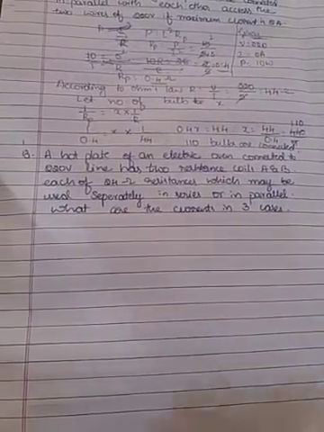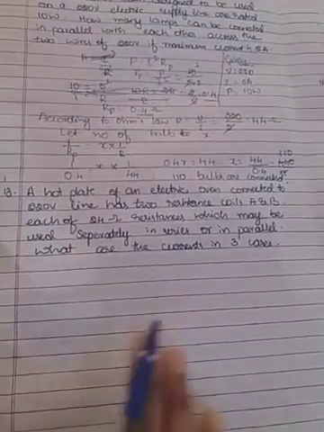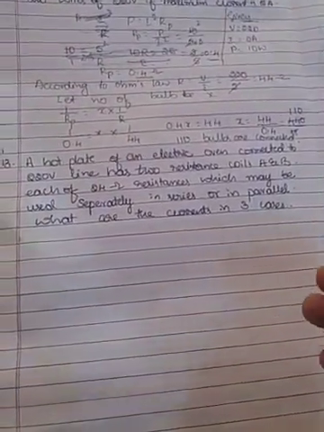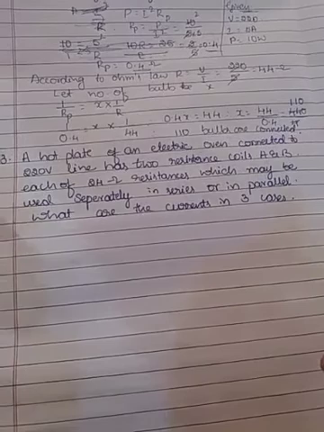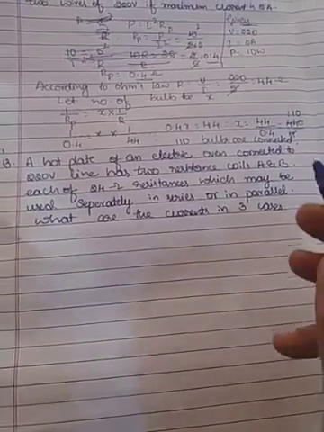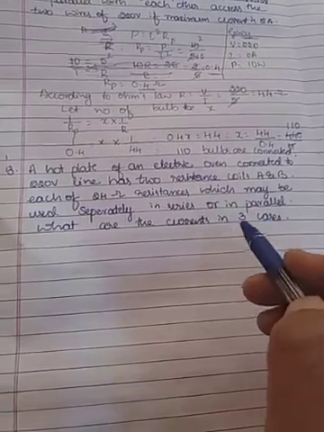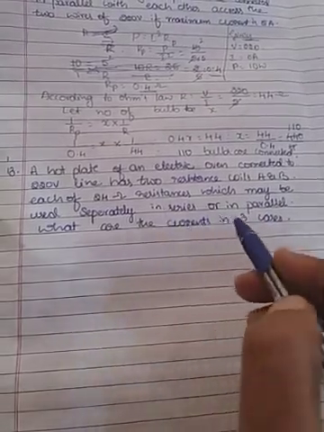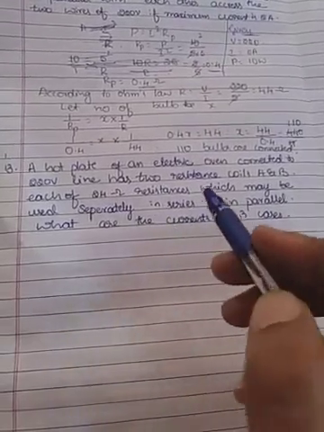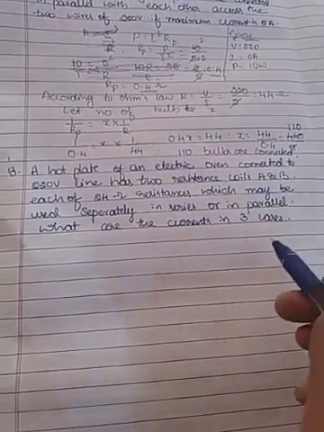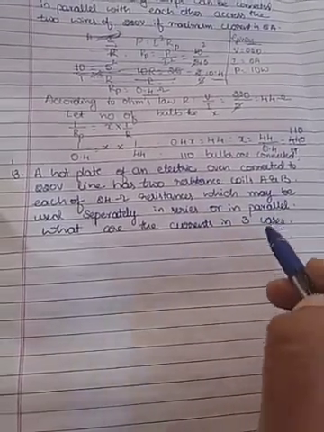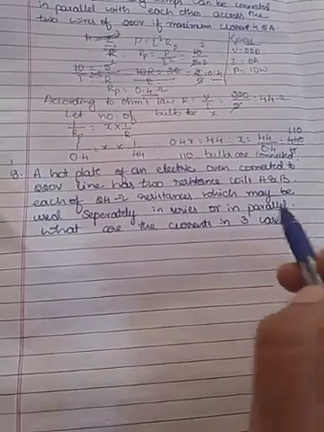Or when the oven is connected directly, without any parallel or series arrangement, what is the current? Those are the 3 cases. Do you understand now? If the resistors are connected directly without series or parallel, what is the current? If the resistors are connected in series, what is the current? If the resistors are connected in parallel, what is the current? That is what we want to find out in 3 cases.